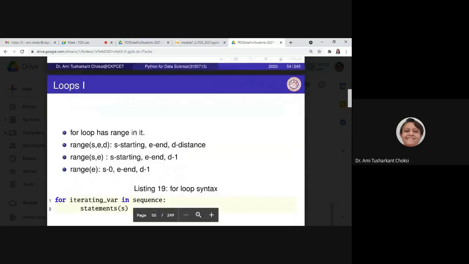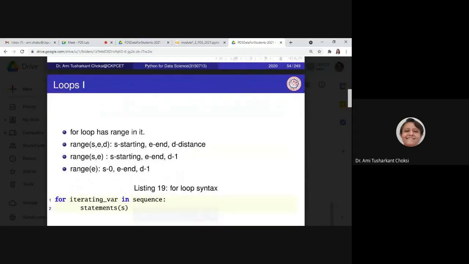Now we want to start with the loops. For loop, while loop, these things are known to us. Do while loop in our C, Java language is known to us, right? So what new things do we want to know here? It is our for loop. How to write it? Let us see that for loop has range in it.